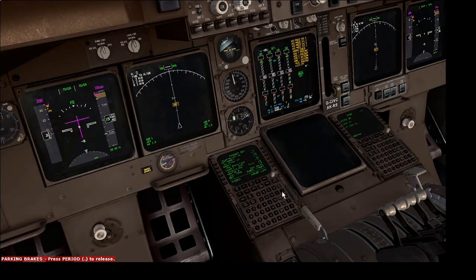EEC buttons are normal, IRS is nav, hydraulic system is fine for now. Audio systems are okay, anti-ice systems are off, window heat's on, the squatters and everything is okay. Our pressurization and air conditioning is okay for now. Exterior lights are on, we have nav lights. Thrust levers down and retracted, speed brakes retracted, communication signs are on, radar we don't need right now, and transponder